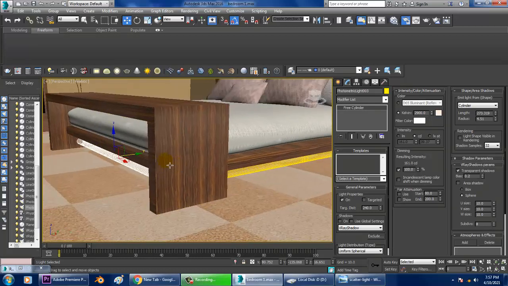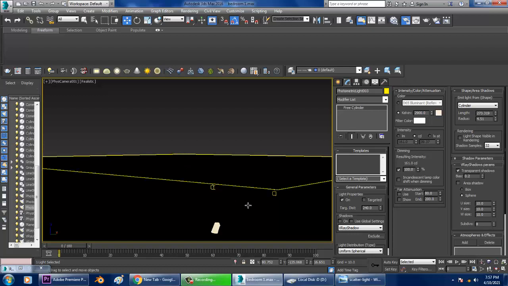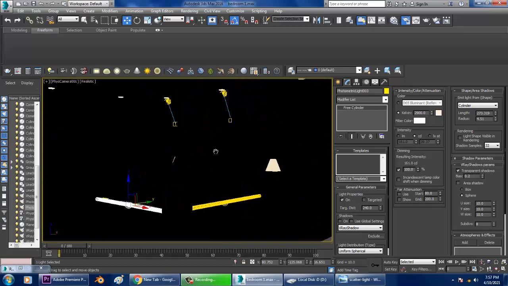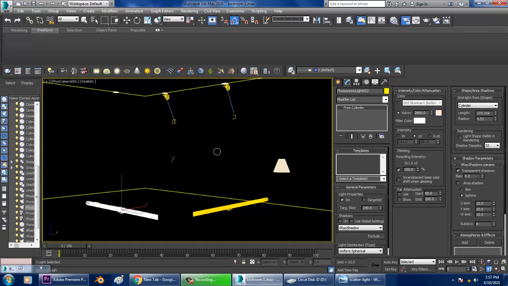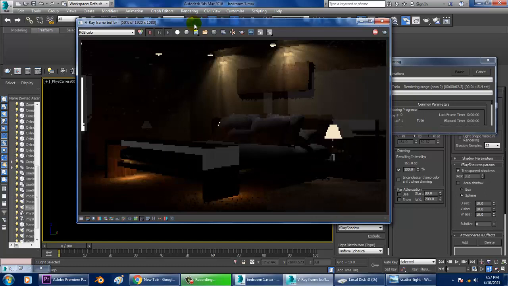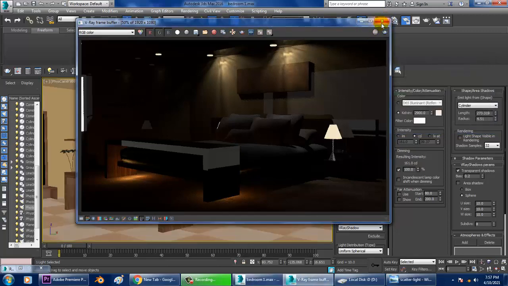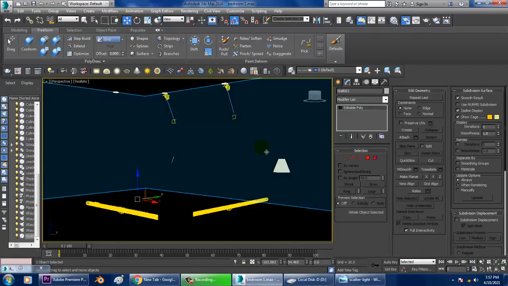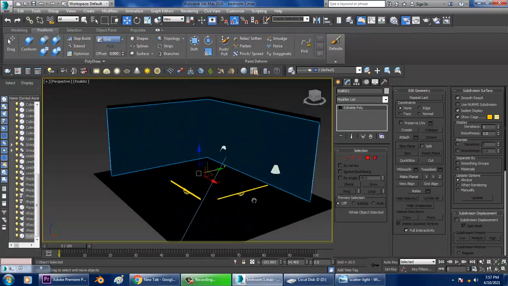Oh no, sorry, the size. So definitely we'll be doing a lot of things over here. So I have just set up two lights for now over here. So again I'll go back over here.